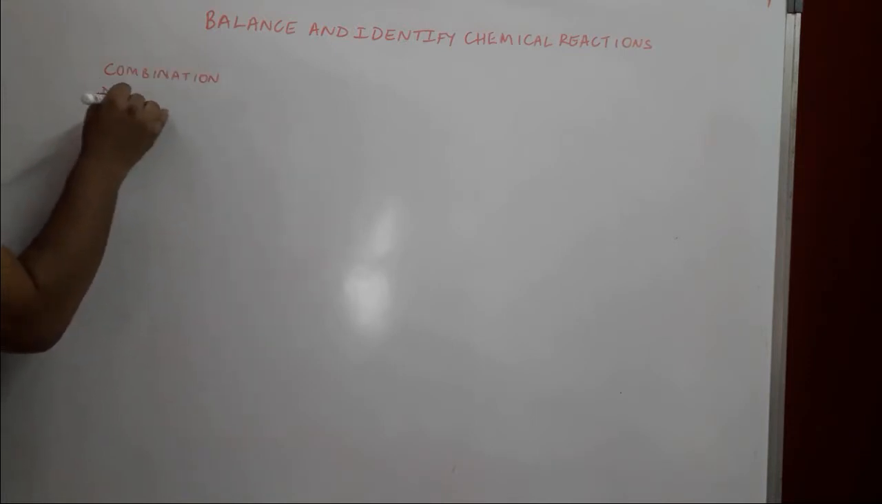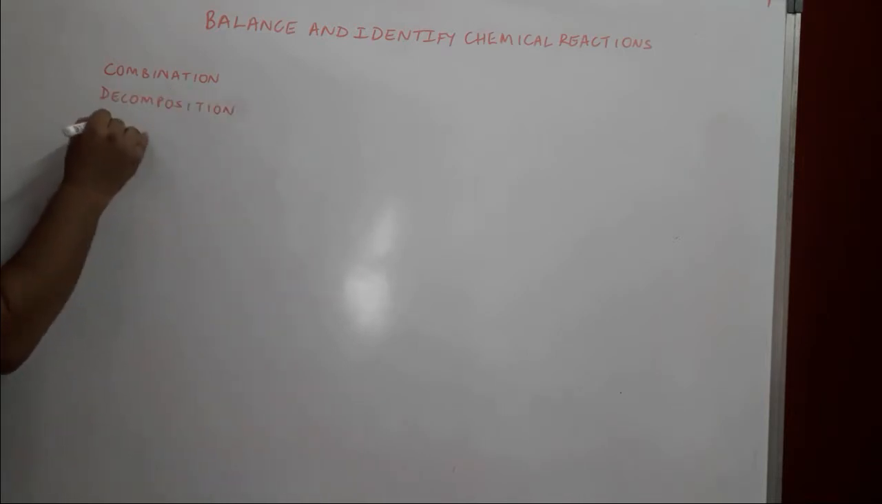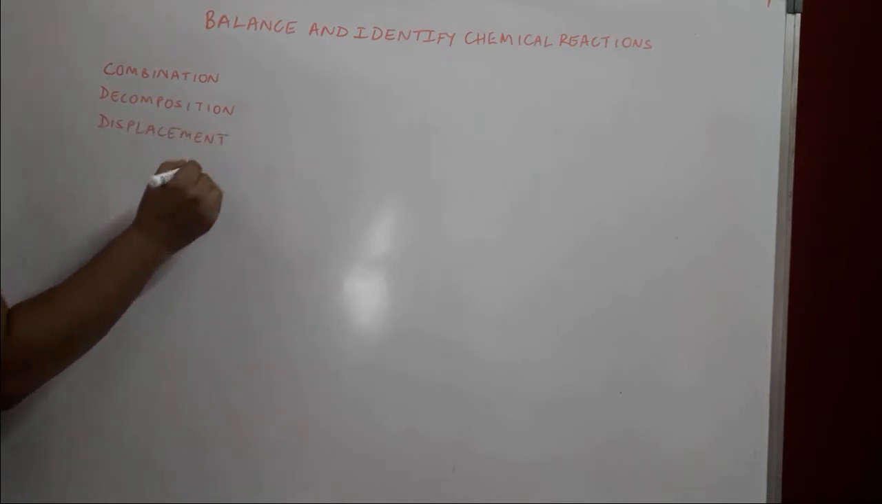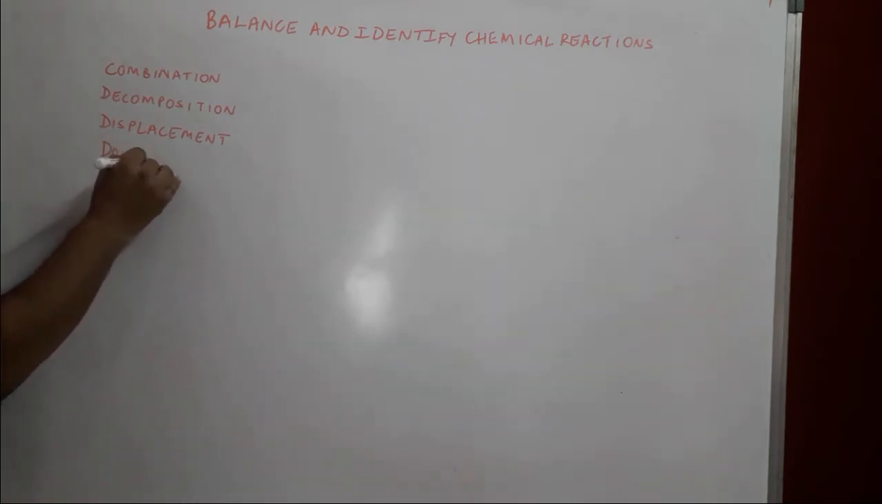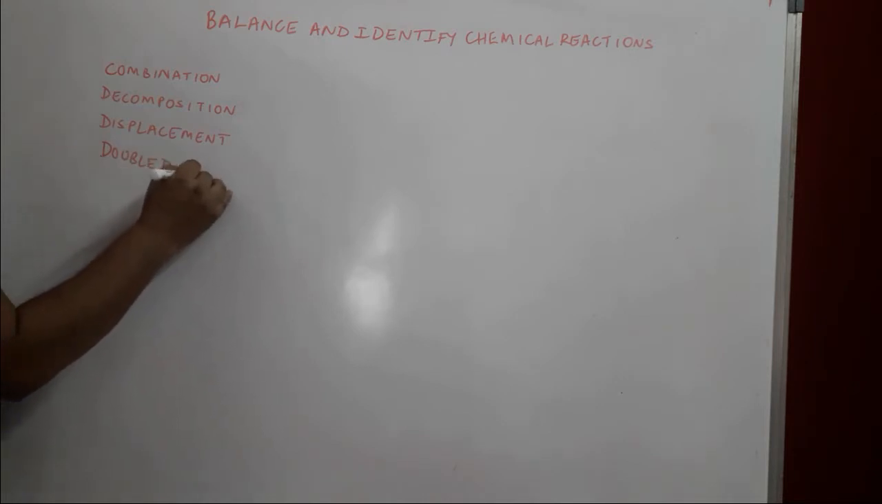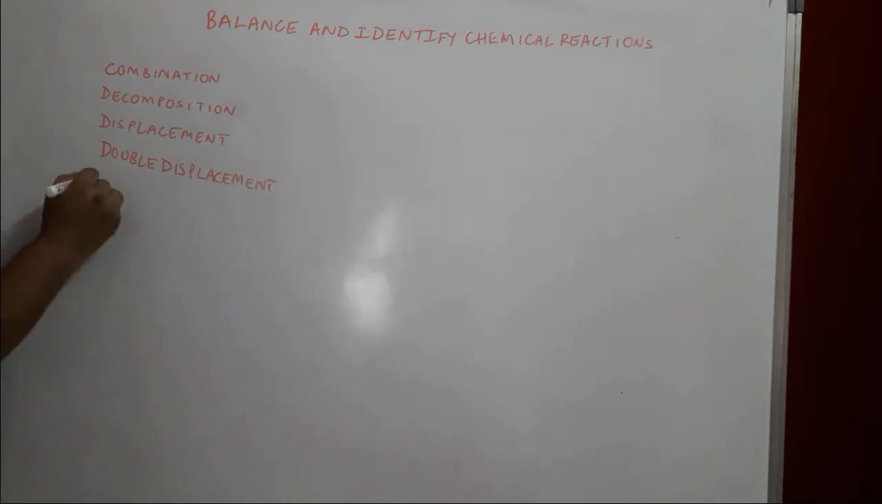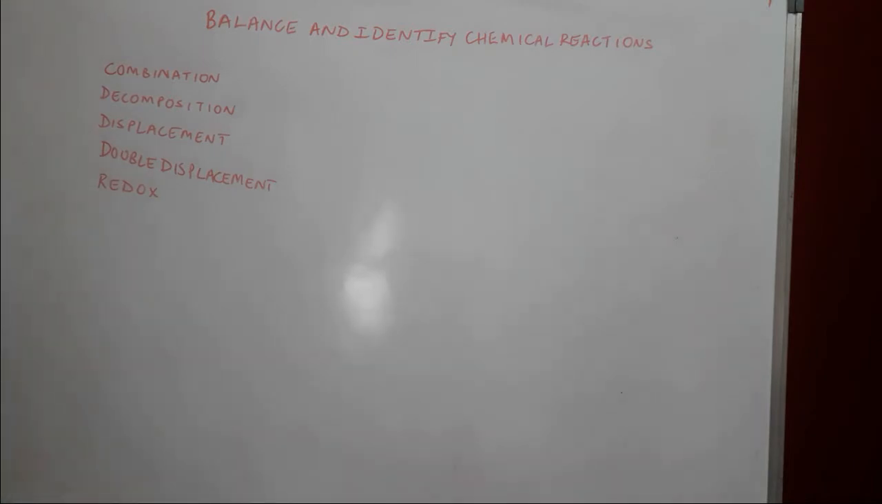decomposition, and there is displacement, then there is double displacement, and finally there is redox reactions. Okay, so we have five main types, and we'll have to identify the chemical reaction from the equation